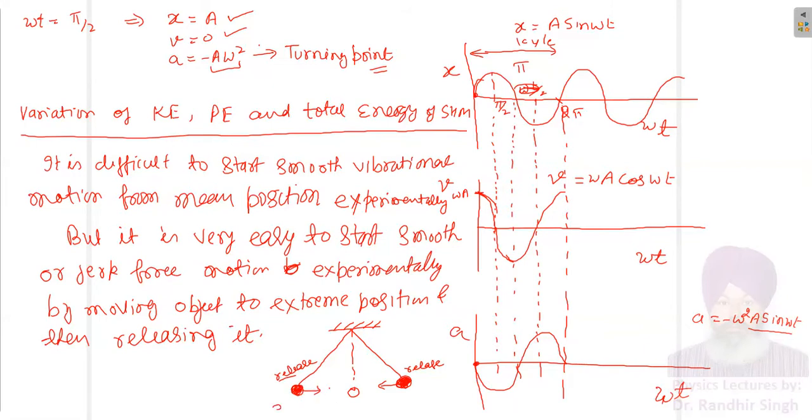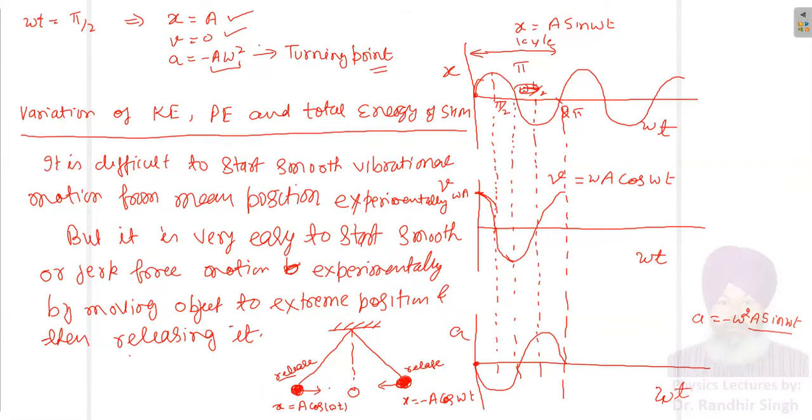So please see, its initial motion will be toward the right hand side. So the equation will be here x is equal to a cos omega t, and the equation here will be x is equal to minus a cos omega t. Why minus here? Because at the time of releasing it will start moving to the left hand side, so x will be decreasing. In this case you are moving toward the right hand side, and right hand side motion is positive and left hand side direction is negative.